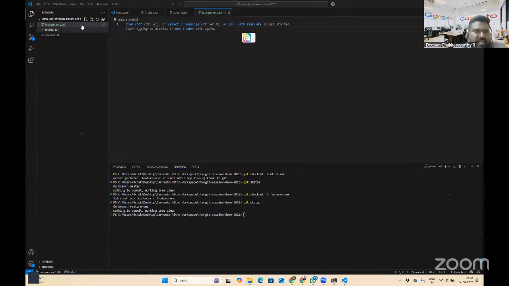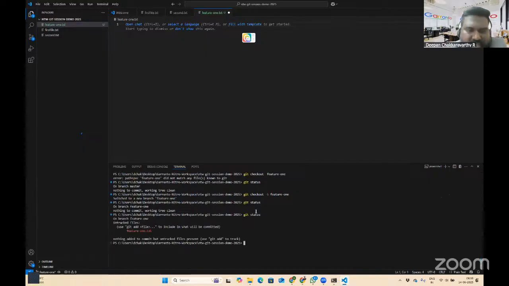So I created a file here, and then I'm making a change in the file. This file is not tracked. So what I'll do is make changes, and then I'll stage it and commit at once.